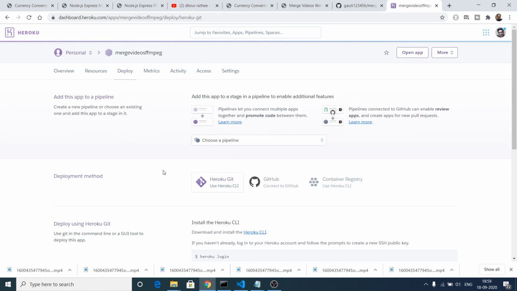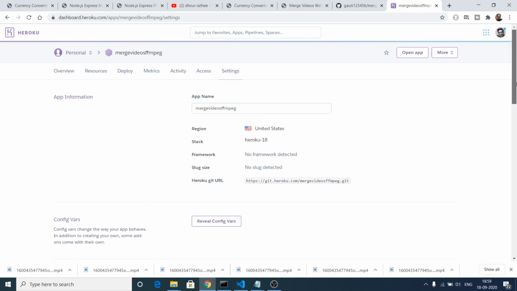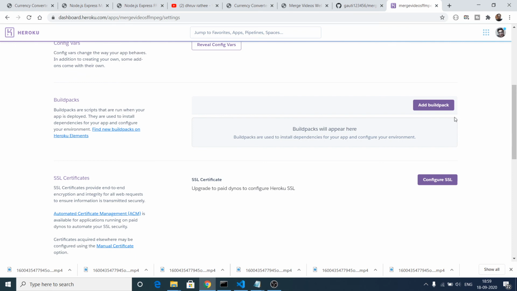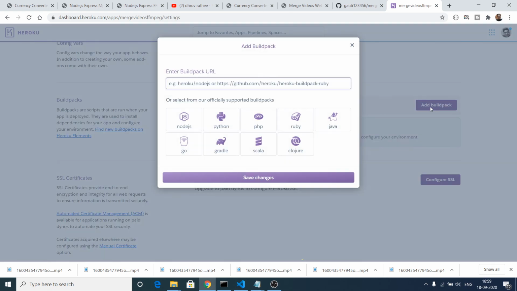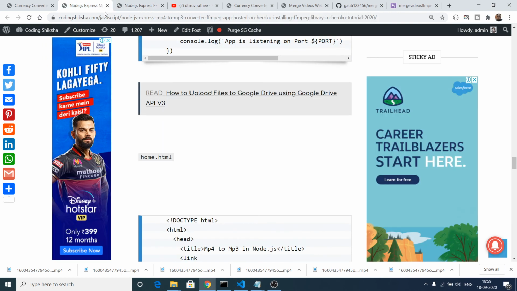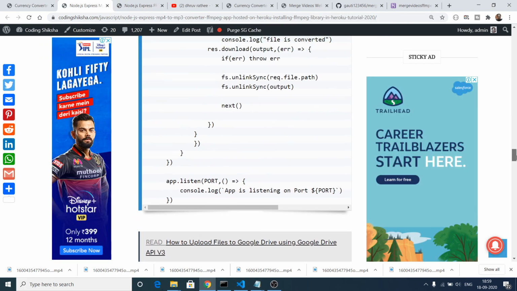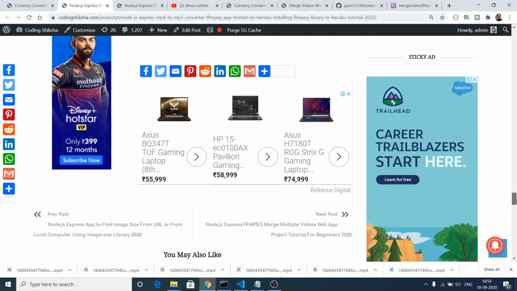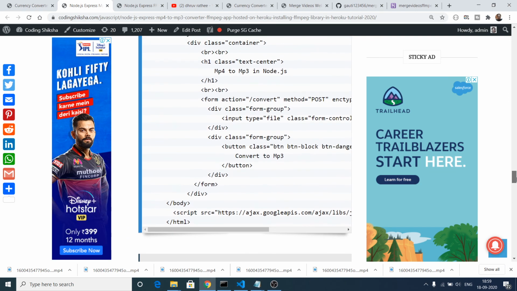Before you connect your GitHub repository, you need to go to settings and you need to enter the buildpack. So first of all you need to enter a unique URL that I am giving you. So you need to first of all install ffmpg inside your project.